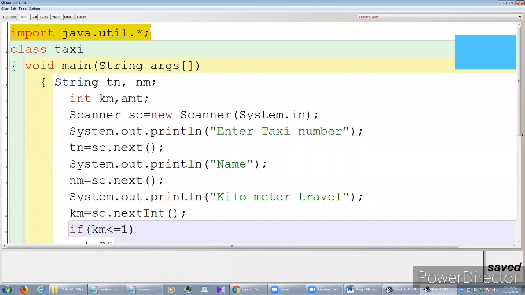Again I repeat, this star indicates that whatever we have under the java.util package, which is a predefined inbuilt package, we can access everything. Please note the program, that means class Taxi, and the rest I'll explain.